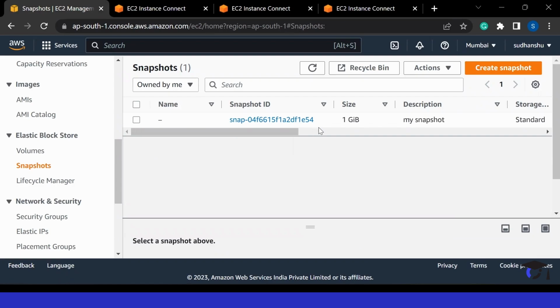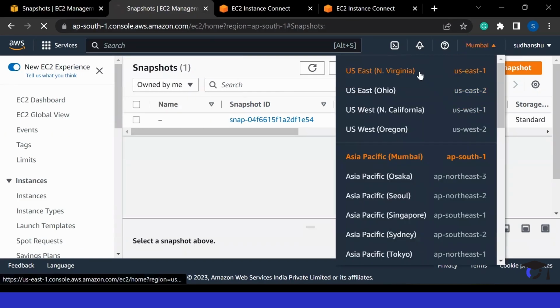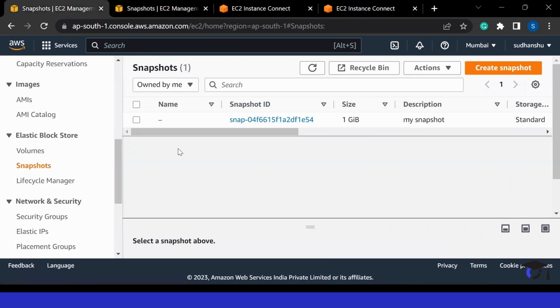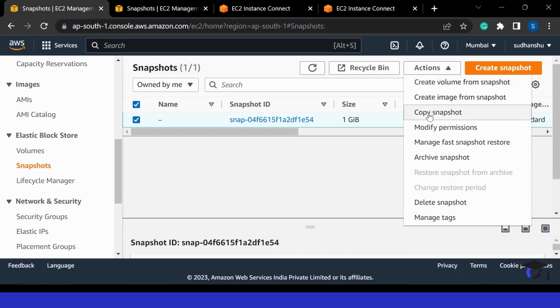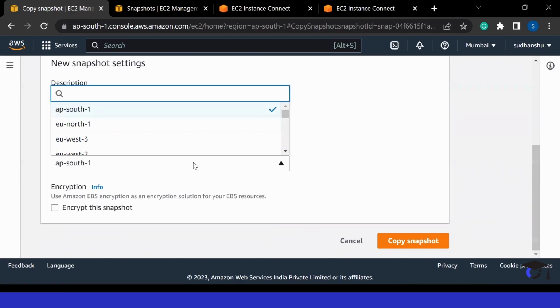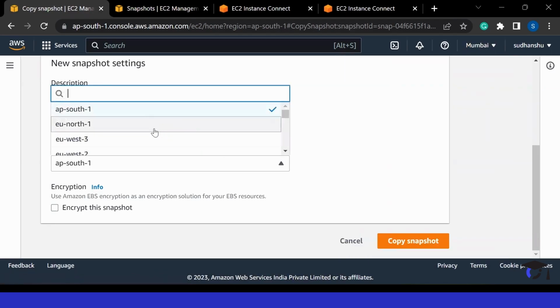In parallel, let me go to the North Virginia region also. Let me open the same page in North Virginia. Let me change the region from Mumbai to North Virginia. You will see we don't have any snapshot in North Virginia because we created the snapshot in the Mumbai region. But now that we have created a snapshot there, we can transfer it. For that, I can click on Actions, then click on Copy snapshot, and here I can mention the destination region where I want to copy my snapshot. The destination region is North Virginia, which is US East 1. So here I will select US East 1,